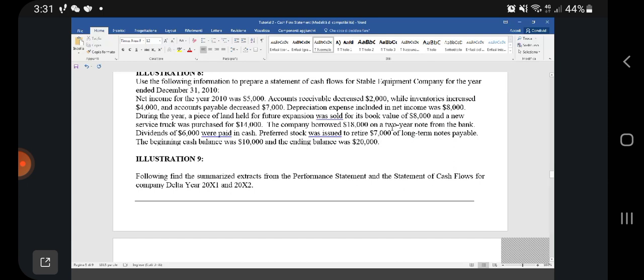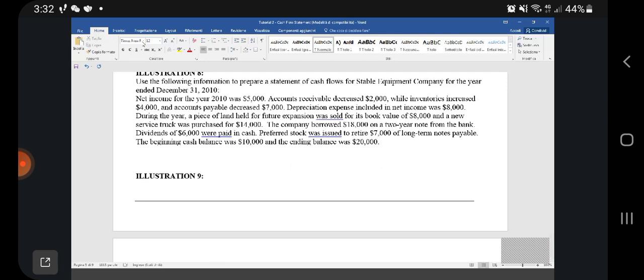Net income. In order to help you, maybe you are writing in the notebooks, that's fine. In order to help you, I'm just inserting a table in which we can prepare